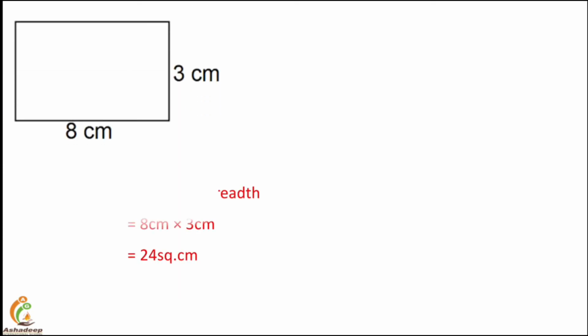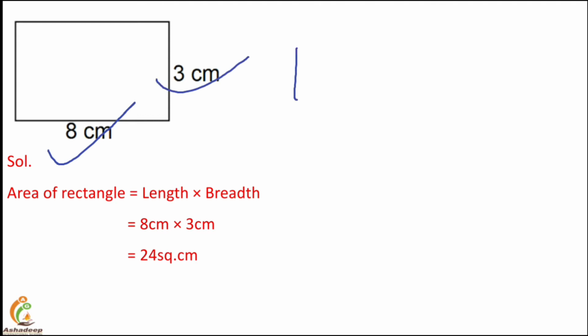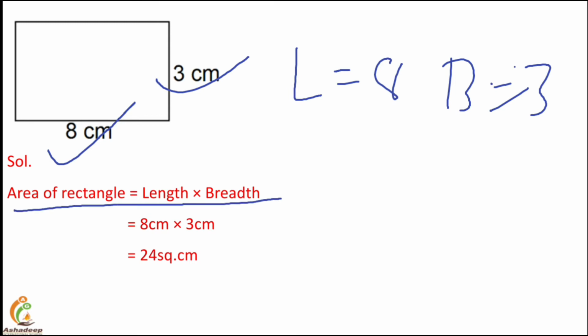Next we have another shape. Its length is 8 centimeter and its breadth is 3 centimeter. This way you can again write the formula for the area of a rectangle, that is length multiplied by breadth. 8 will be multiplied with 3, 8 threes are 24 square centimeter will be the area of the given figure. That is a rectangle shape. We'll go ahead.